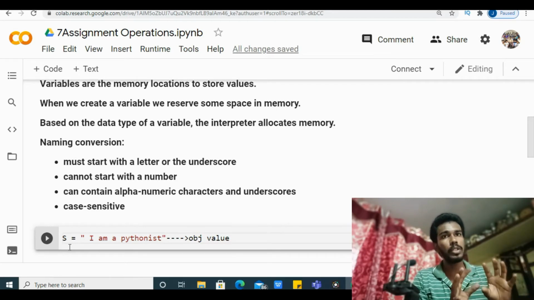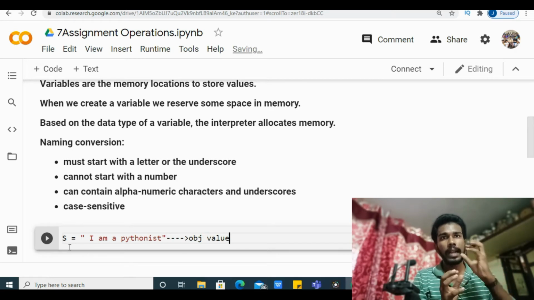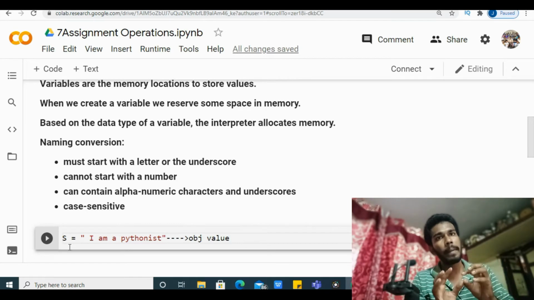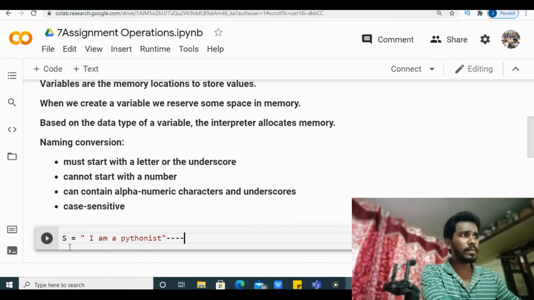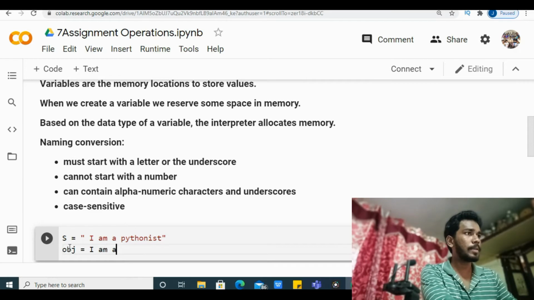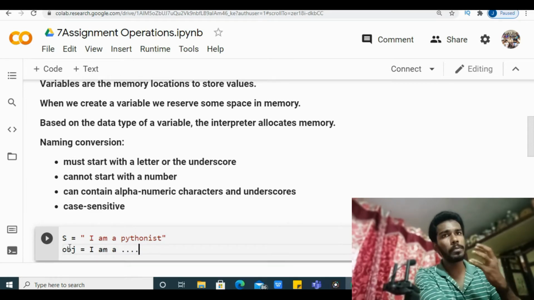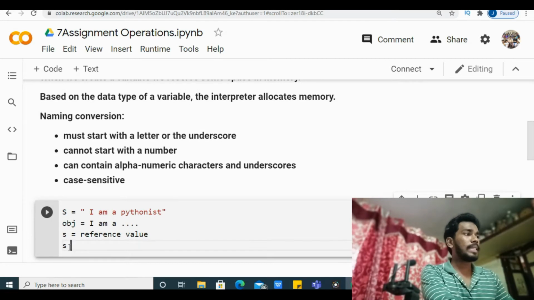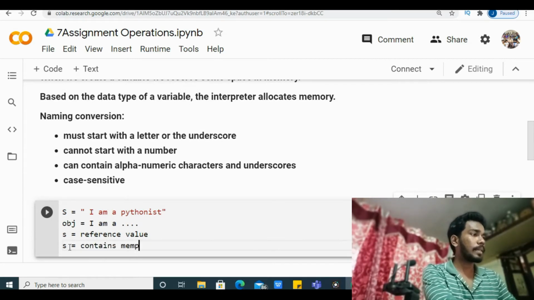For now, you need to know that every variable contains some value, and that value's memory ID is stored in the variable. Here, in s is equal to "I am a Pythonist", the phrase is the object or object value, and s is the reference, which contains the memory address of the object.